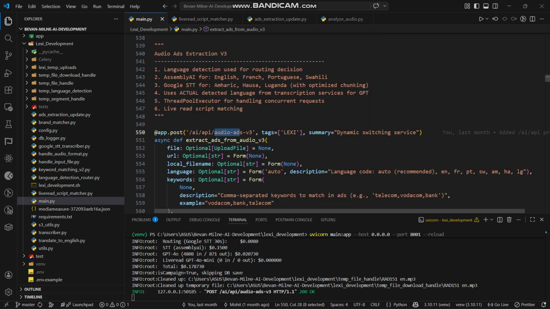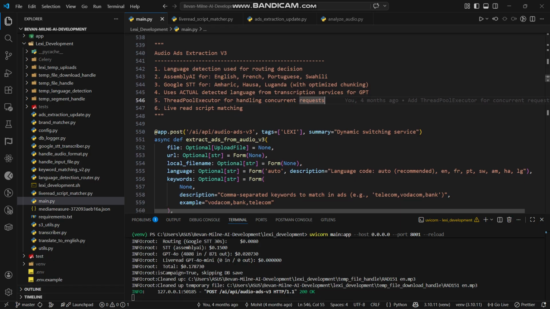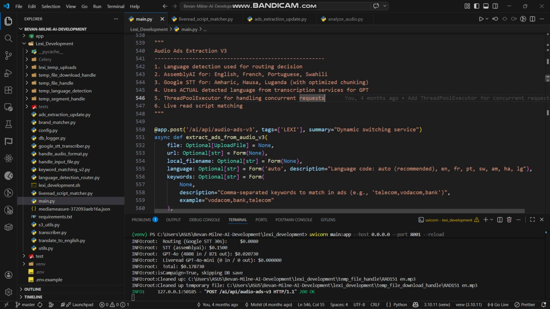Hello, so today we're going over the Lexi Development Project's AI part, and the main API that we have, which integrates the OpenAI API, is our Audio Ads Extraction v3. So basically, we use this API to